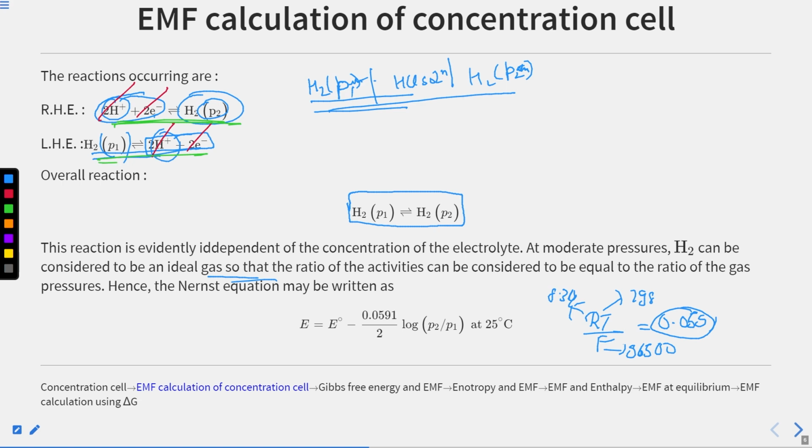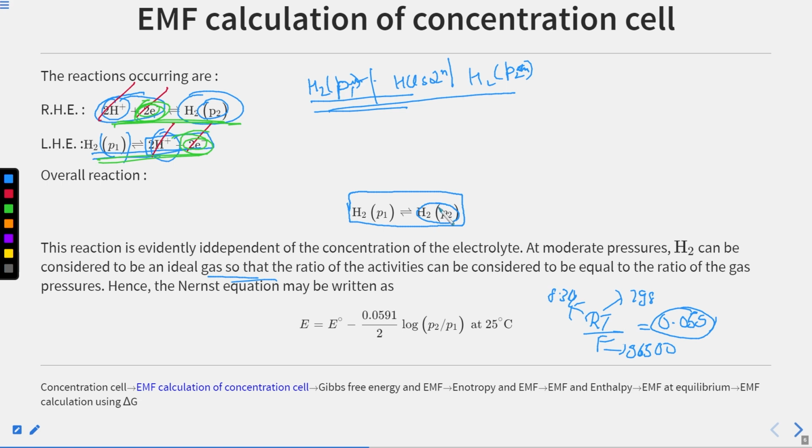So if you see both these equations, we are having two electrons. How many electrons? Two electrons. So it will be E cell is equal to E naught minus 0.059 by 2 log P2 by P1. Why P2 by P1? Because we have P2 on the product side, meaning the hydrogen which is having pressure